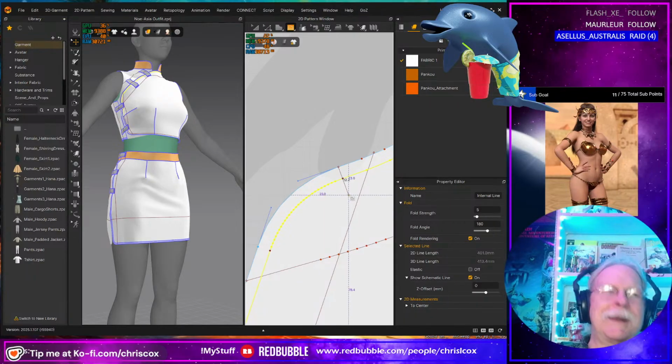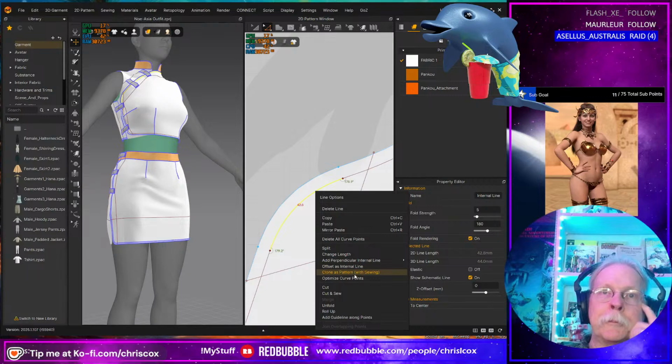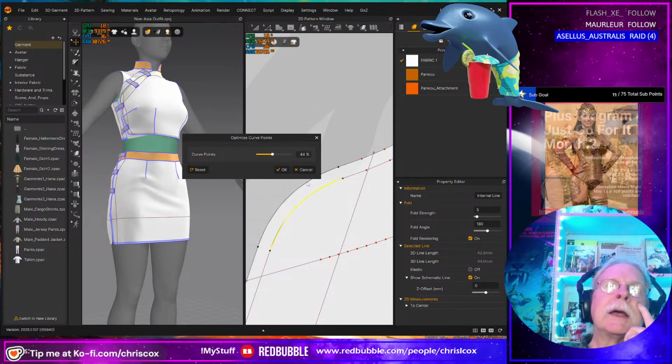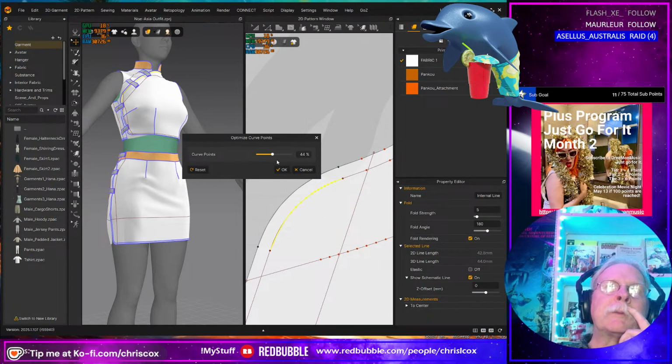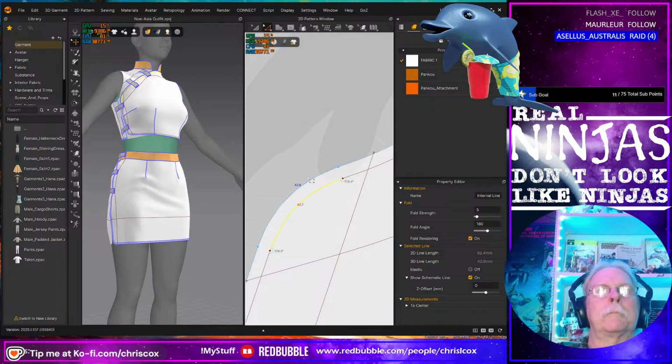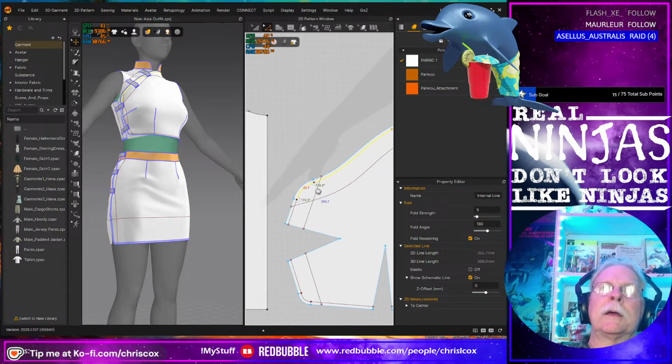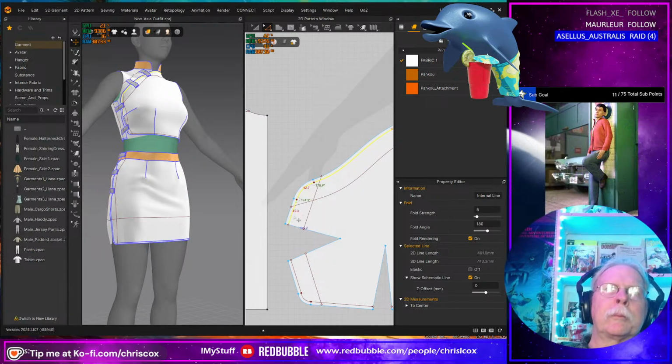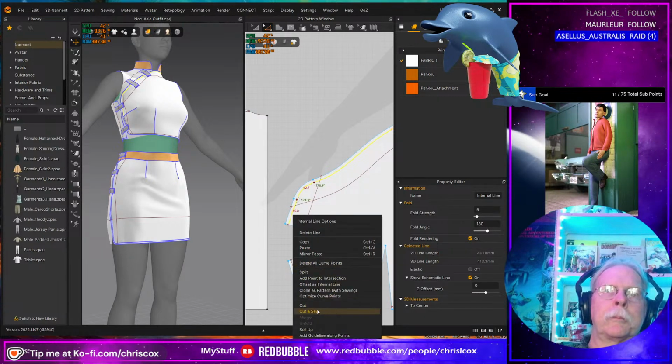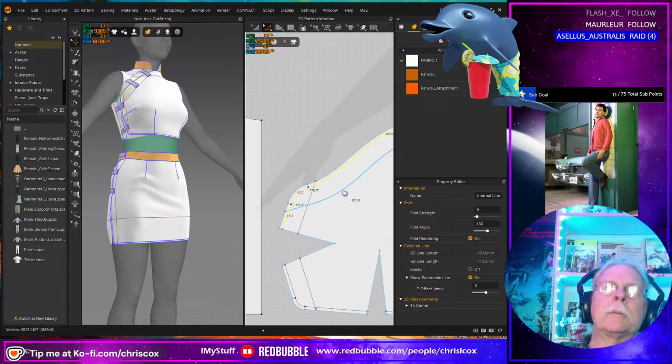Can I simplify that? Isn't there an optimize curve points option that simplifies the frack out of stupid stuff like that? And then can I get away with this? Nope, not yet.